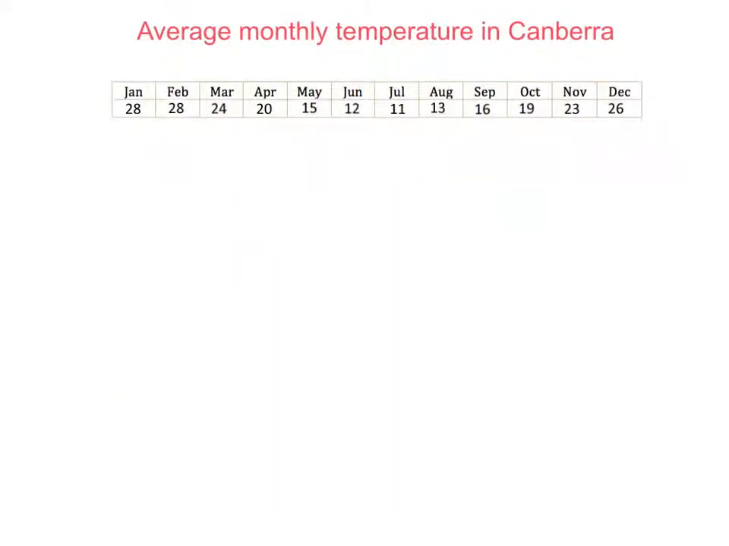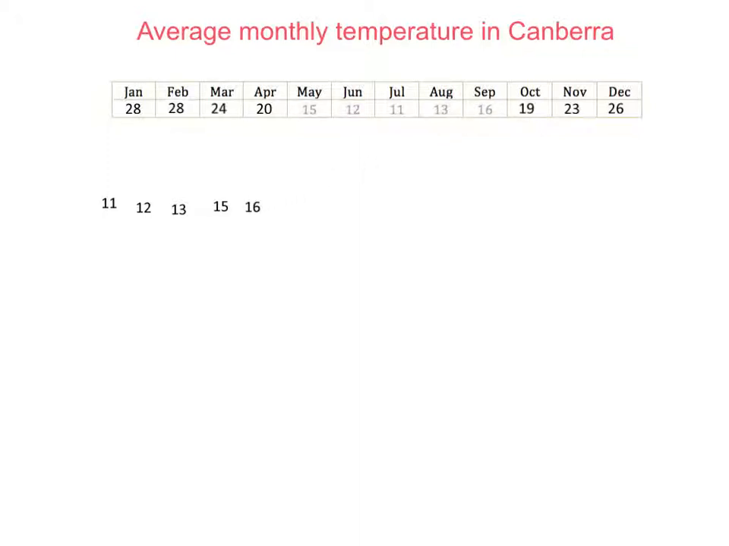So to summarise our scores, the first thing we need to do with all of these temperatures is to put them in numerical order. So 11 degrees would be the coldest, and then 12 degrees in June would be the next coldest, 13 degrees in August. Naturally the winter months are a little colder. 13, the next is 15 in May,